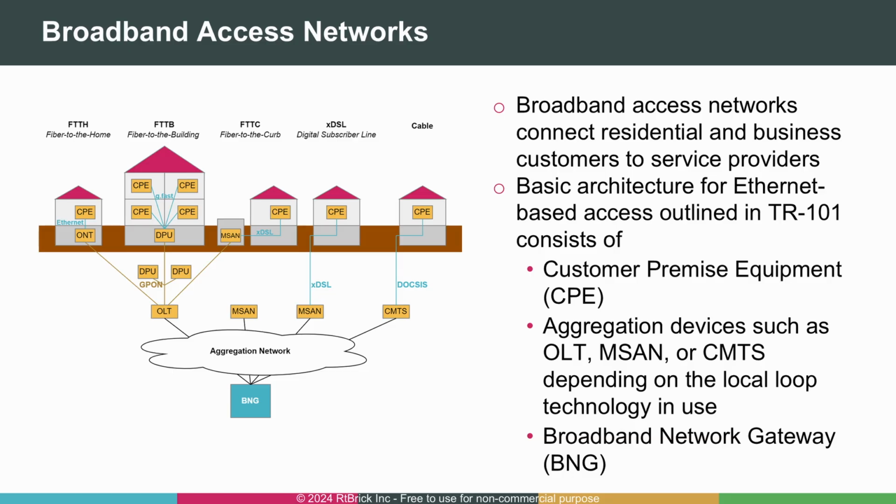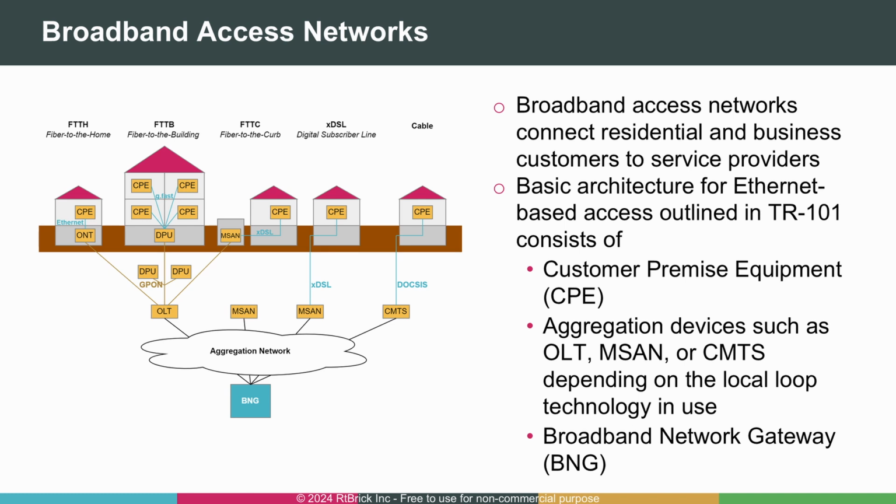A broadband access network is used to connect customer locations, either business or residential, to a service provider. We will follow the terminology used in TR-101, as defined by the Broadband Forum, which describes Ethernet-centric broadband access. At the customer location, the customer premise equipment, CPE, terminates the local loop, providing the interface between the customer's devices and the network. The CPE is sometimes called a routing gateway or home gateway, but for this presentation, we will